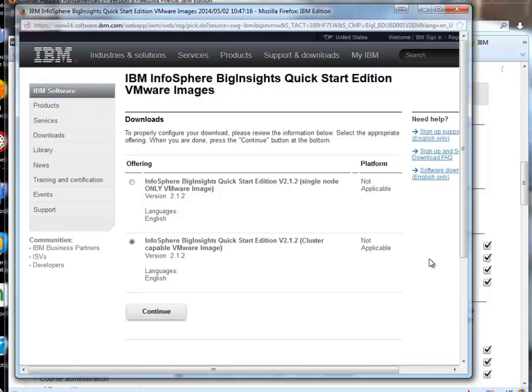And that is because future exercises will require this particular image. Those future exercises will not work if you download the single node only VMware image. So select it, click Continue,